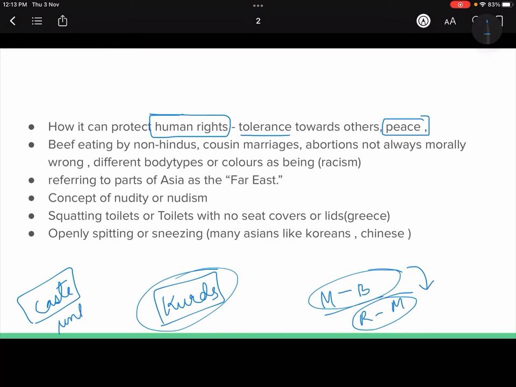The untouchability, believing that if they do certain menial jobs, then they are people who are not clean people, right? Untouchability क्यों है? Because we have a perspective that they are not clean, right? So these ideas, अगर हम cultural relativism रखें, we can counter these ideas, है ना? We can counter the idea of racism, because race is a social construct. Different color, that means white or black or brown, cannot define who is superior or inferior. It's just the ideology that is attached to it that makes it